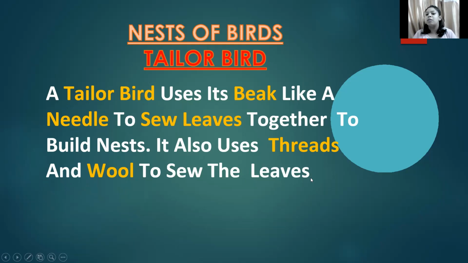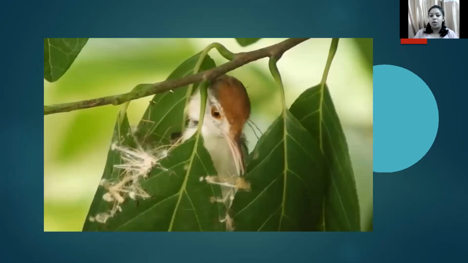So when this tailor bird finds some wool or some kind of a string or whatever it is, it makes it very useful and it stitches leaves together in order to make itself a nest. Okay, so can you see in the picture, children? I'm showing my cursor here. Yes, so this is how the stitching or the sewing is done by this bird, the tailor bird.